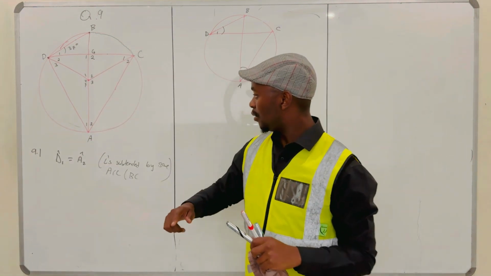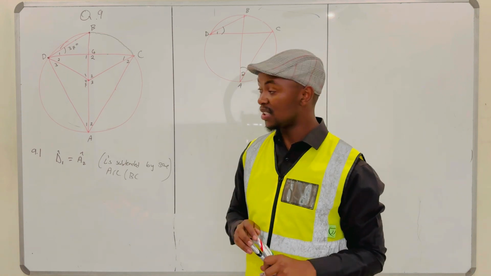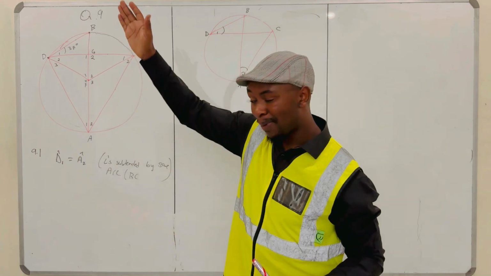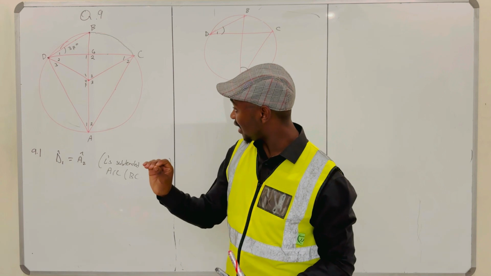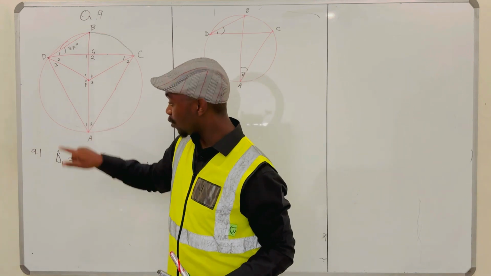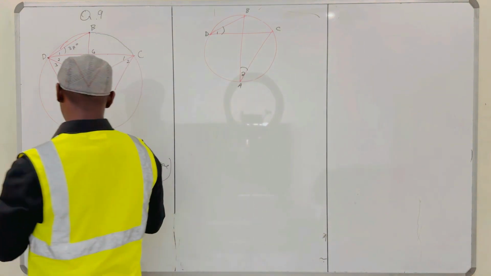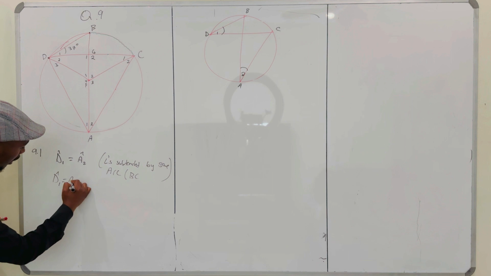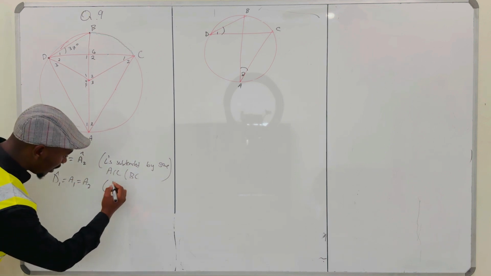Remember, now to find the next ones, we need to think of what they told us at first, which is that angle CAD is bisected by the line BA. And I told you that when you bisect it, it means angle A2 should be equal to angle A1. All right. Now, we already know that D1 is also equal to A1, which was equal to A2. What was the reason there? It is given